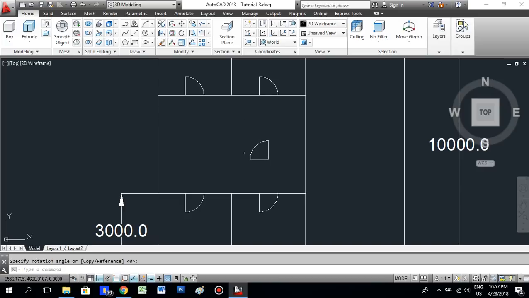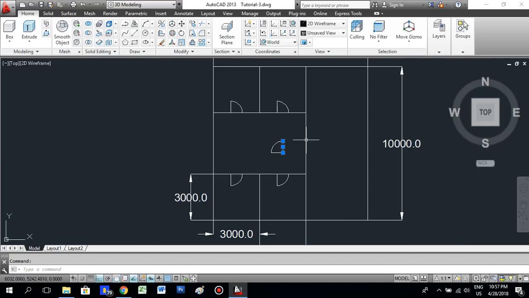Click it. Finished. Now you have the center point of this door opening, and you have to move it to the center point of this hall. So you select this and right click, move, select the center point and move it to the center point of this hall. Done. Okay, now we made the door for this inner hall also, and this is the main hall,